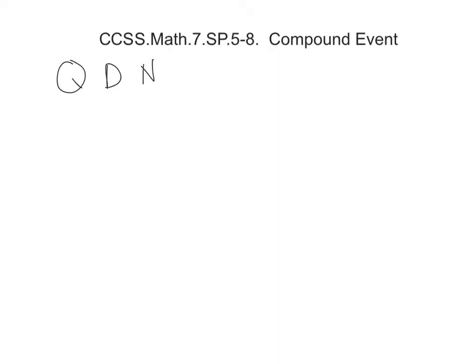Okay, Common Core State Standards, Math, 7th grade, Statistics and Probability, 5 through 8, and a compound event. A compound event is when you have an event that has at least 2 or more simple events. On this problem here, we're looking at tossing a quarter, tossing a dime, or tossing a nickel into the air. And they want us to find the sample space